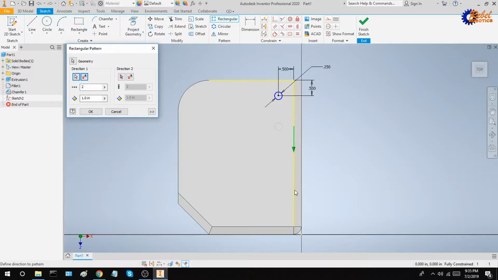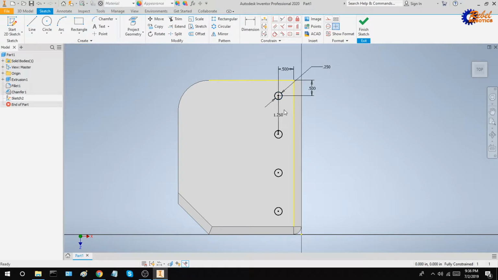to indicate the direction of our duplication, and a faded circle appears that is a duplication of this circle in this direction. Right here, we have the count of the number of circles we want to create, so increase that to 4, and you'll notice that in total, there are 4 circles, our original one plus 3 duplicates. We can also increase the spacing between the circles to, say, 1.25 inches, and you'll notice that our circles are now more spaced out. Click OK, and you'll notice that 4 circles appear that are identical and spaced out 1.25